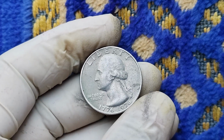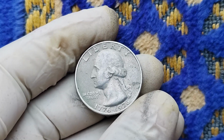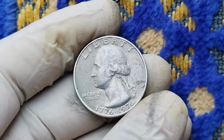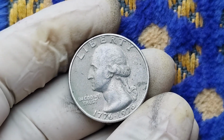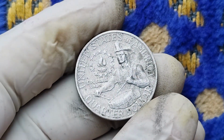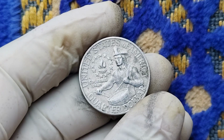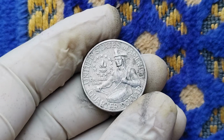Alright, folks, buckle up because today we're diving into one of the biggest discoveries in the world of coin collecting, a 1776 to 1976 bicentennial Washington quarter with no mint mark, valued at a jaw-dropping $1.8 million. Yes, you heard that right. This seemingly ordinary pocket change is now worth a fortune, and you might just have one sitting in a jar